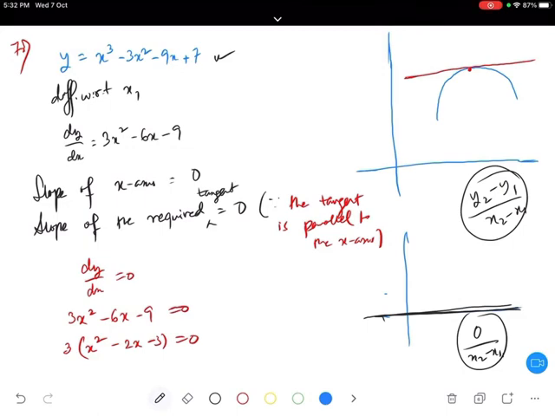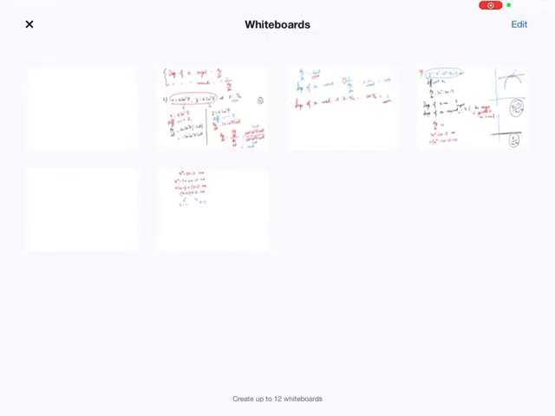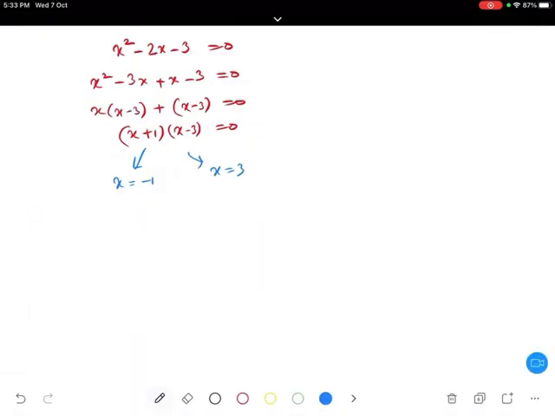Look, the tangent we drew is passing through this point, right? And that point, the x value we got, lies on the curve. So we will find the y value from the curve. I will just put the value of x in the curve and we get the y value. So write down, when x = −1, just write the equation of the curve. What is the equation of the curve? y = x³ − 3x² − 9x + 7.